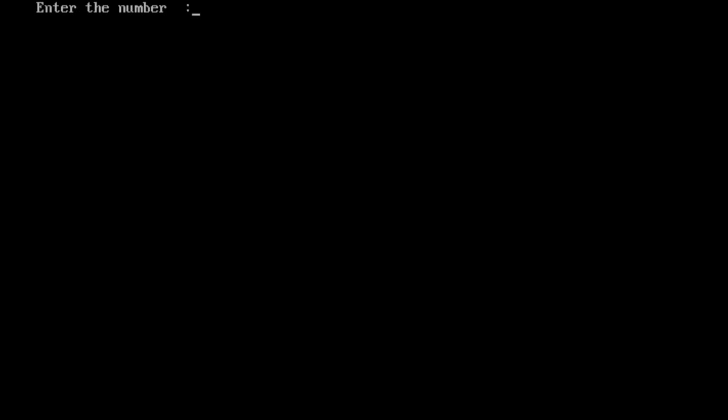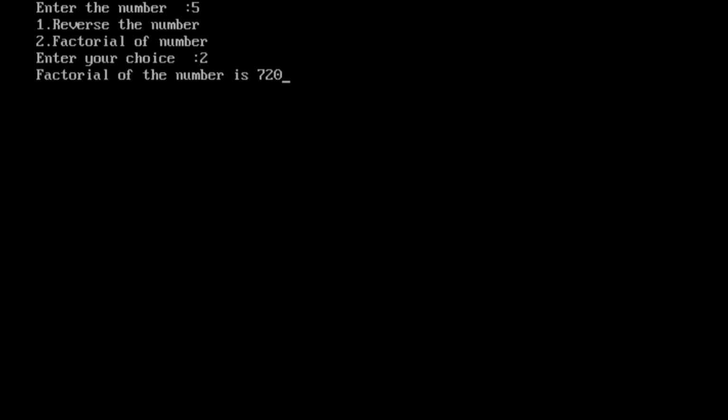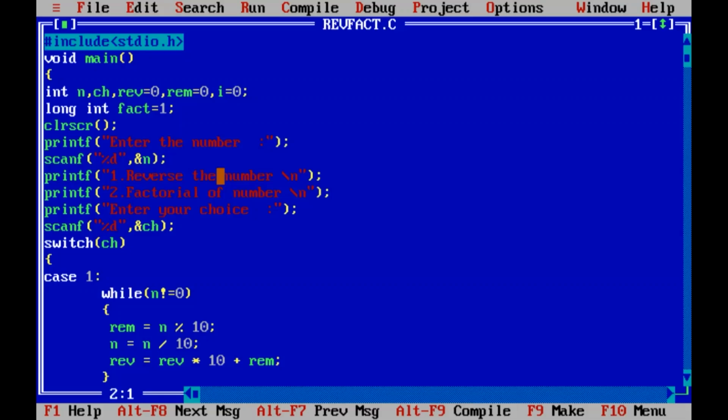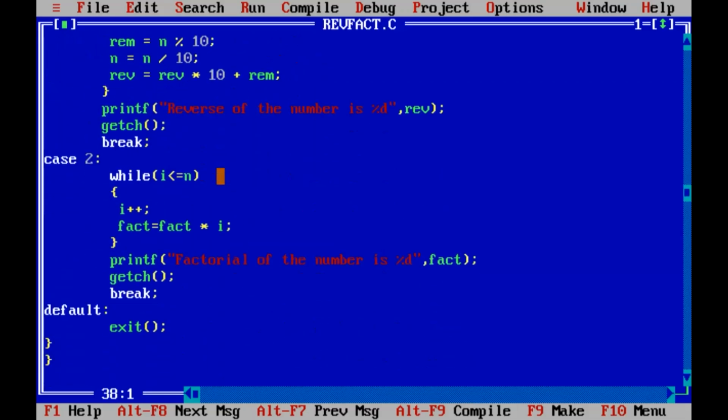I was in a hurry to type. Enter the number 5. I will check once. No, it is not correct. If you are not giving space, then also that.